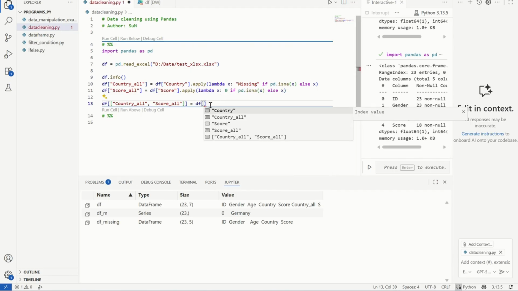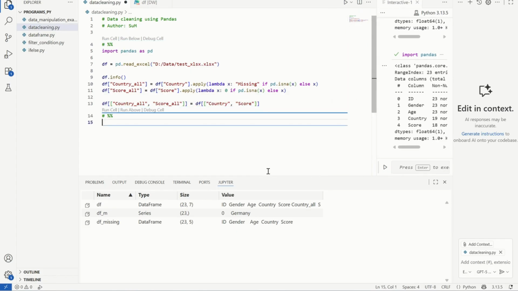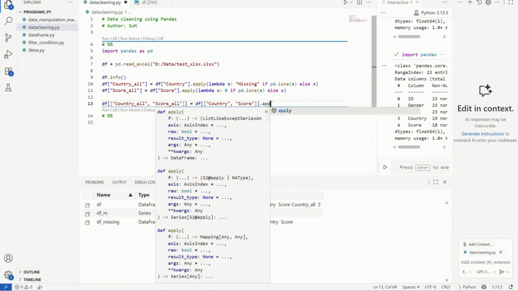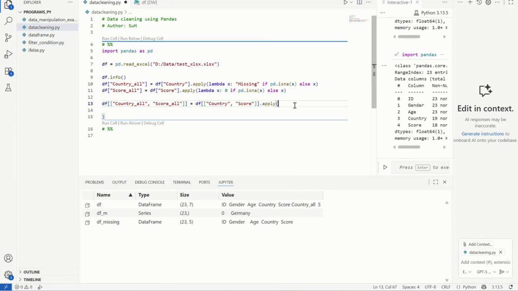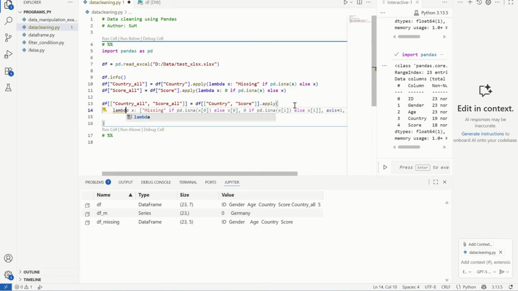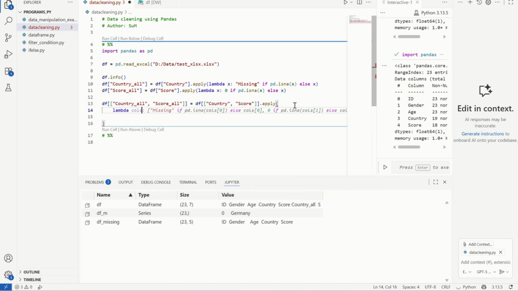So we write this code as country, and score. We'll write this in a short way, and we use then apply. Now we can write the lambda function. We'll call it as a column, and we will write columns underscore fillna, and